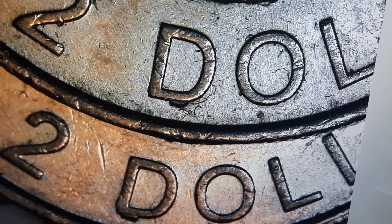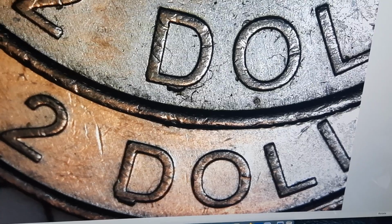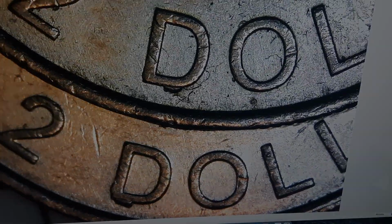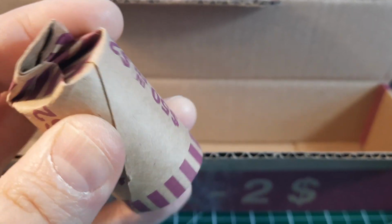This one is just slightly different. So that's actually very cool. We got 2 different die varieties that we'd consider to be the pedestal D. Awesome. This is our last roll, roll number 20, our last chance to see if we can find a black